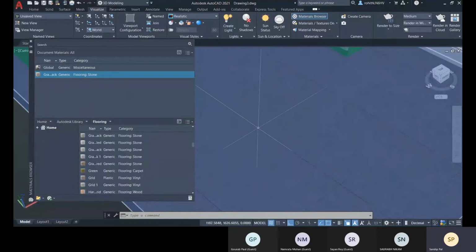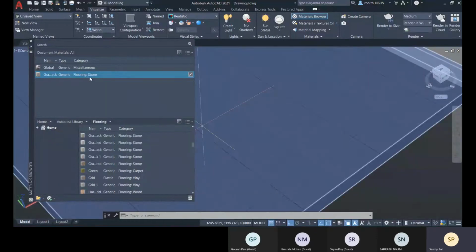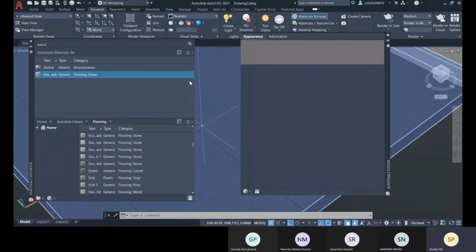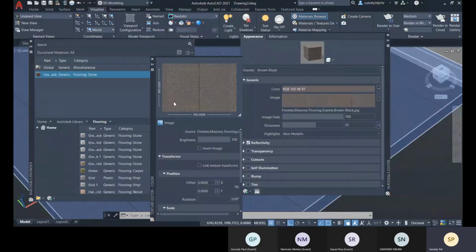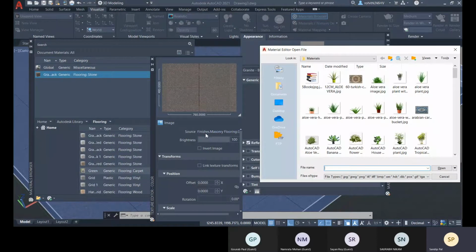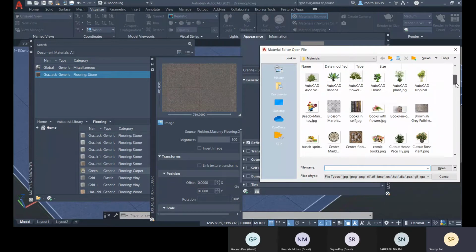Now if you don't like the pattern you are getting with the default option, you can go to this edit option and you can change the image available there. So I don't like this image. Okay, I don't like this image. So what I will do is I will define my own image. Okay, so I'll change the image. I have already downloaded some image, I do with these stubs. So I'll choose that image.